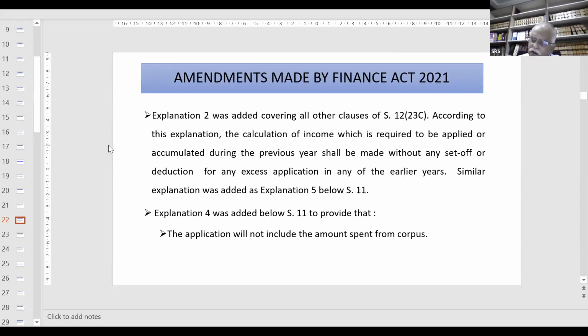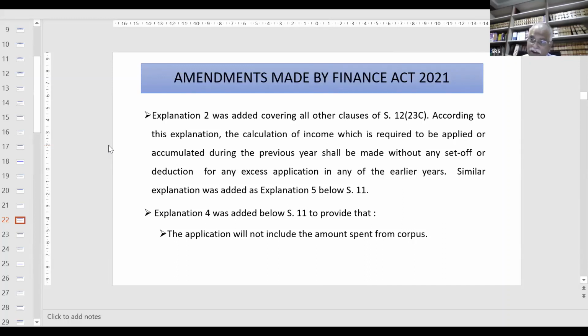let us assume that in year 1, I have an income of 100 rupees and I have applied 90 rupees. But law requires me to apply only 85 rupees. So there is an excess application of 5 rupees. In year 2, as against 100, I have actually applied only 80. The question is whether the 5 rupees of the excess application of the earlier year can be brought forward and claimed in this year, added to the 80. So I have satisfied the condition that 85% of my income I have applied during the current year, and the